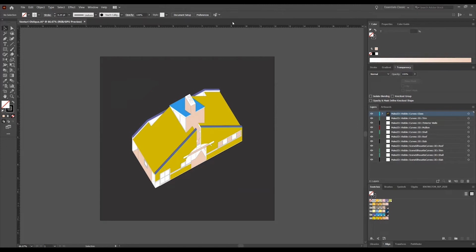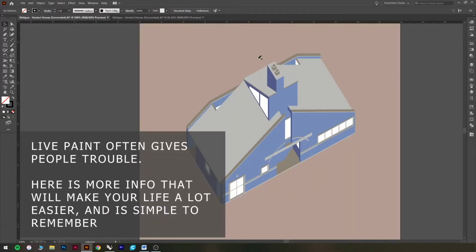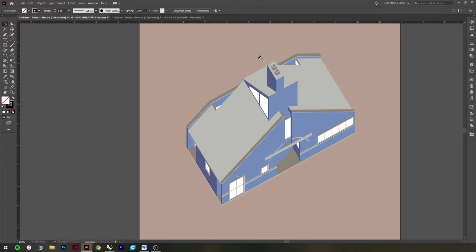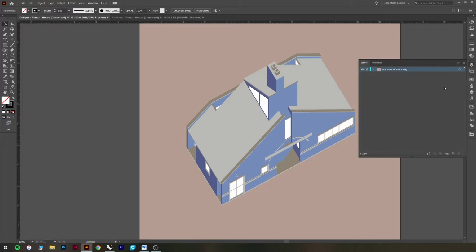One of the things that I've noticed is that when you use Live Paint, how it groups everything and traps everything together, it can be a little bit finicky to deal with. Like, how do I edit these curves now? How do I change these line weights? Because they're all kind of locked in. So what I ended up doing, because I just think this is the fastest way to do it, is I actually have